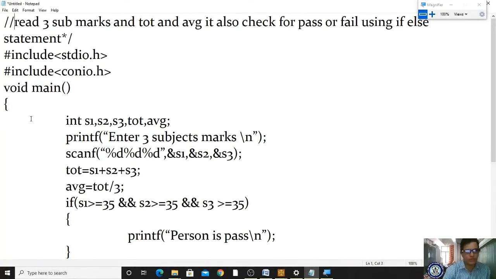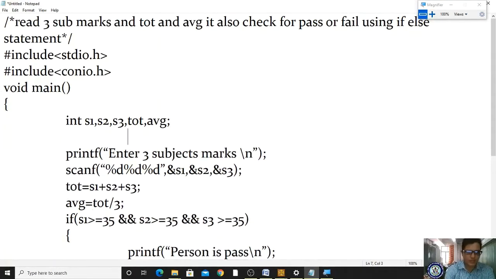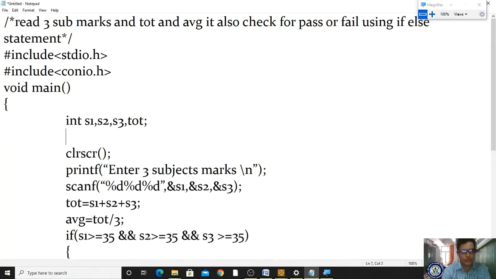This is our program. Okay, now what I am doing is, please observe here, first I am declaring variables. How many subjects we require? 3 subjects, right? For 3 subjects I am declaring integer s1, s2, s3 as 3 subjects, and the total also we are getting in integer, right? It doesn't consist of point values. So here I am ending this variable and I am taking one more variable as a float. Here float, what I am defining? I am defining it as average. Okay, your percentage marks will be in average, point values are coming, so that is why I am taking it as a float. Now we have to write one output statement.